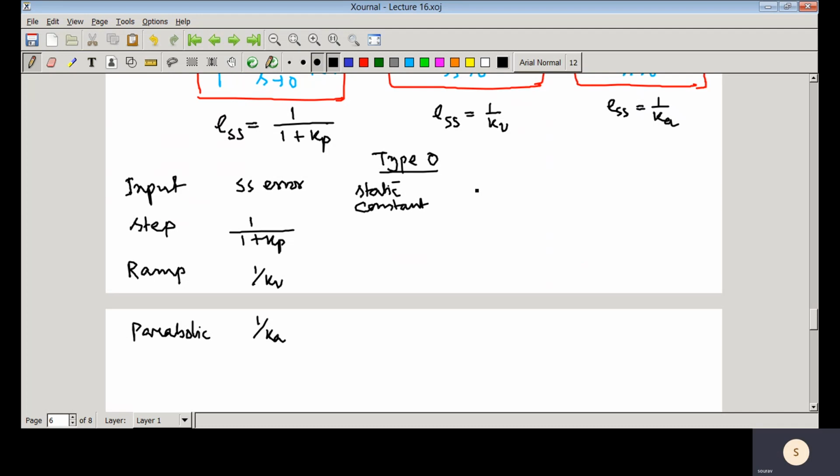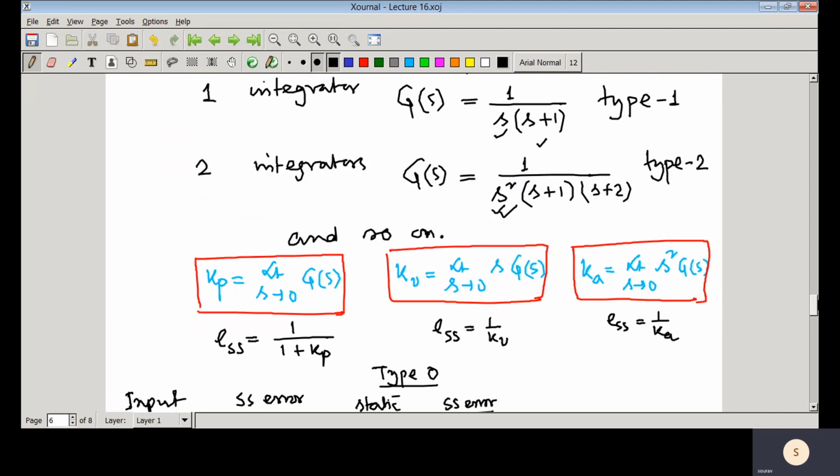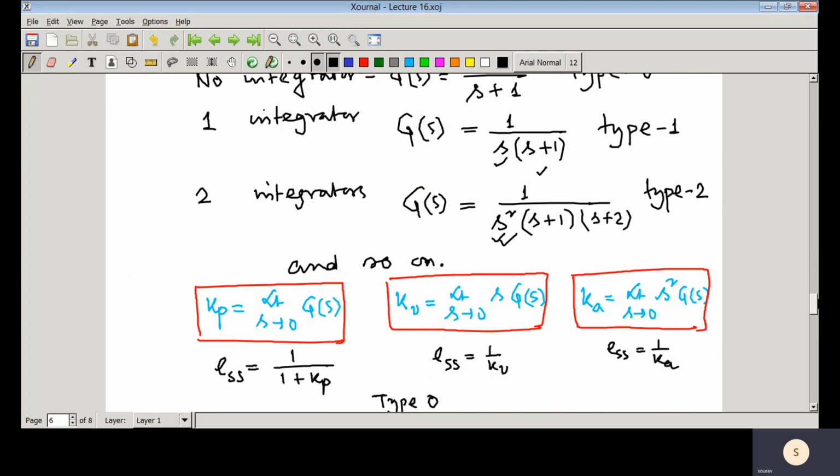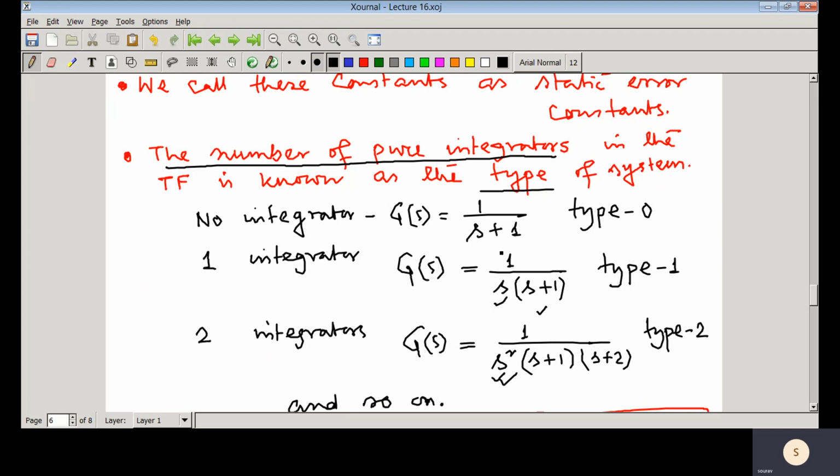So static constants means the position, velocity, and acceleration constants, and steady state error. So static constant in case of step signal, and whenever type 0, so type 0 means in the G(s) there is no pole at origin; if you look at here, this is a type 0 transfer function,